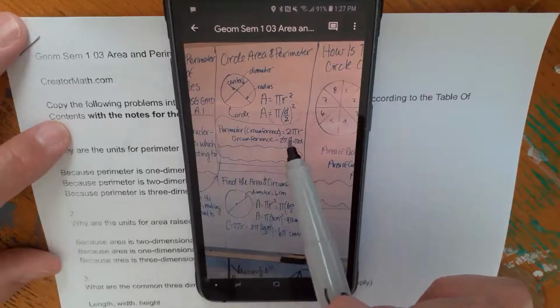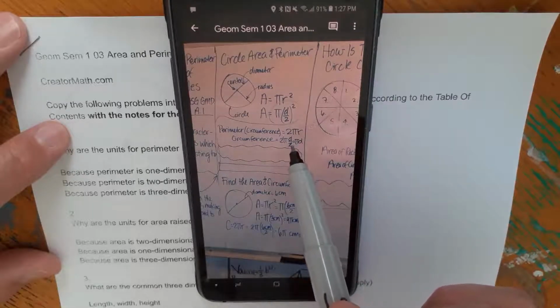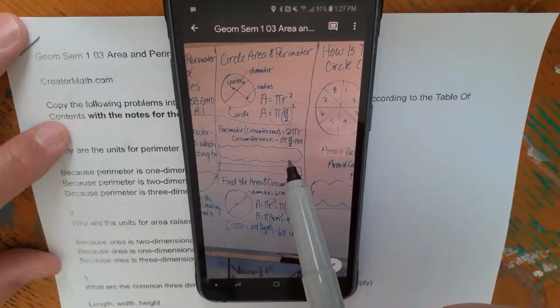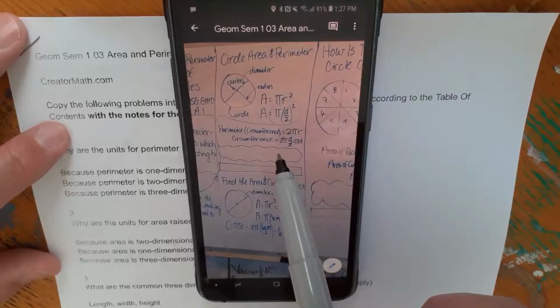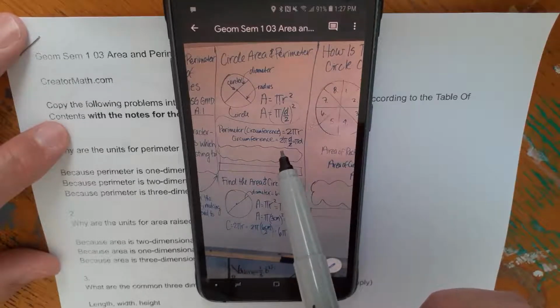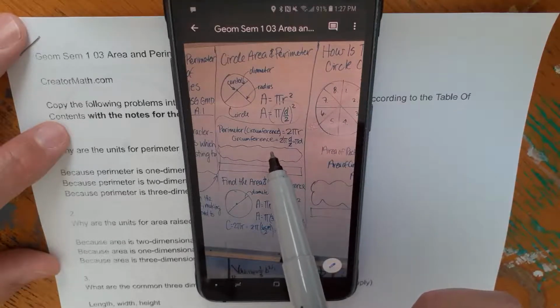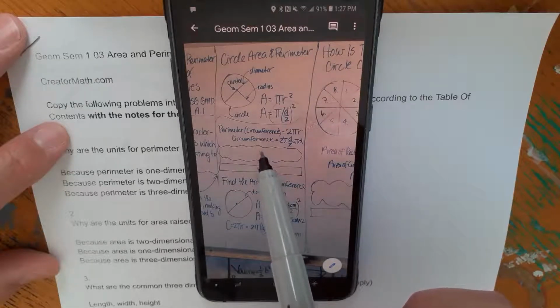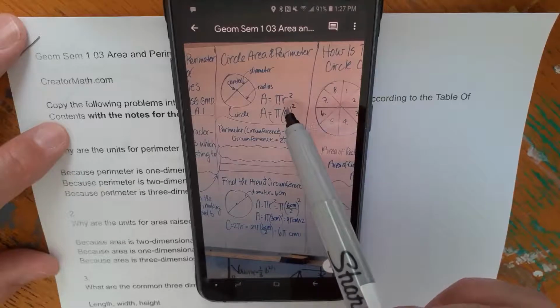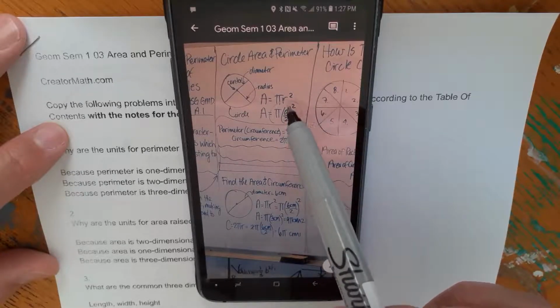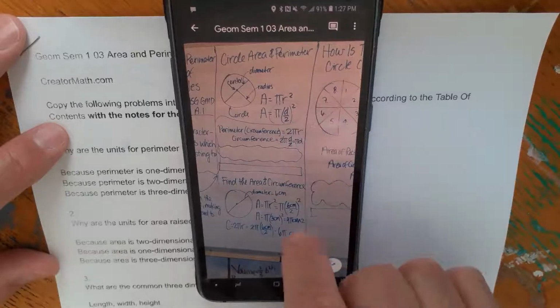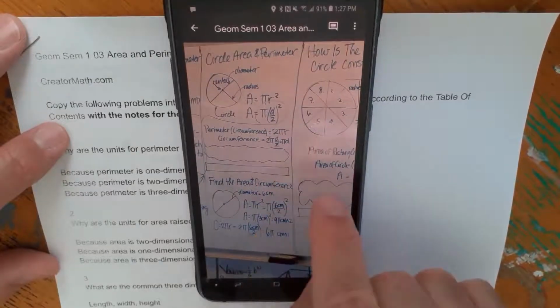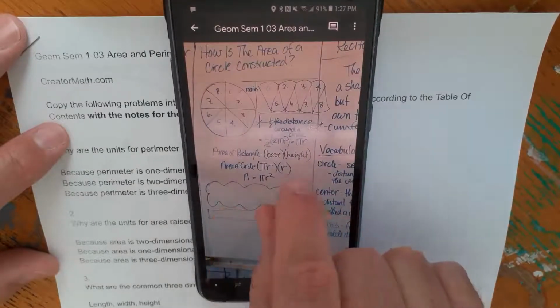Perimeter, or circumference, is 2 pi r with a circle. We have circumference as its own word for the perimeter of a circle. You just have to remember that if you're talking about any other shape, it's the perimeter, the distance around it. If you're talking about a circle, it is now named circumference. Here are the area formulas: area equals pi r squared, and pi d over 2 quantity squared. Here's an example of it. Here's how